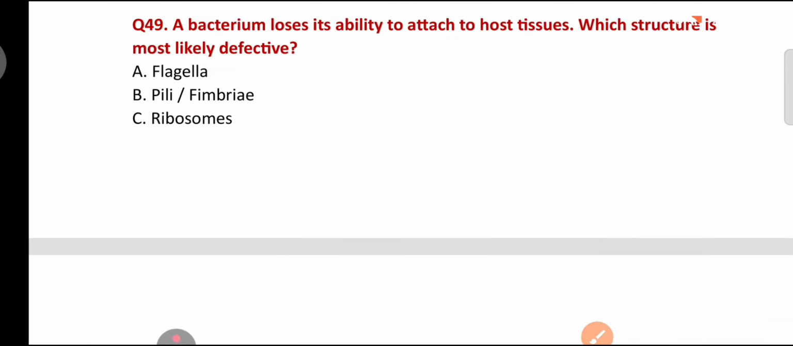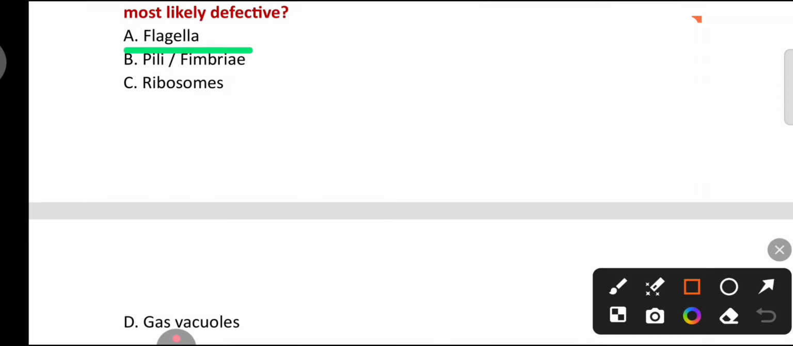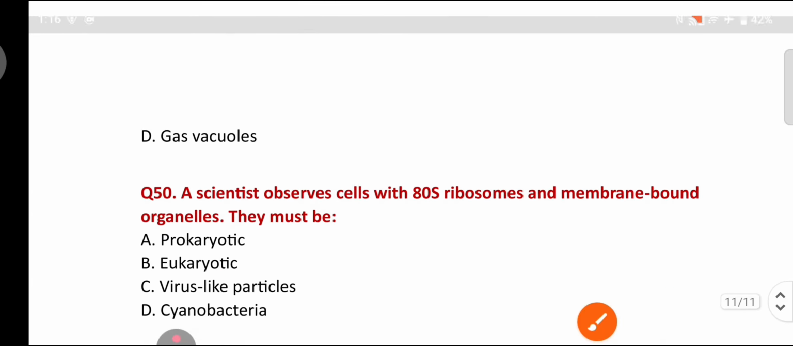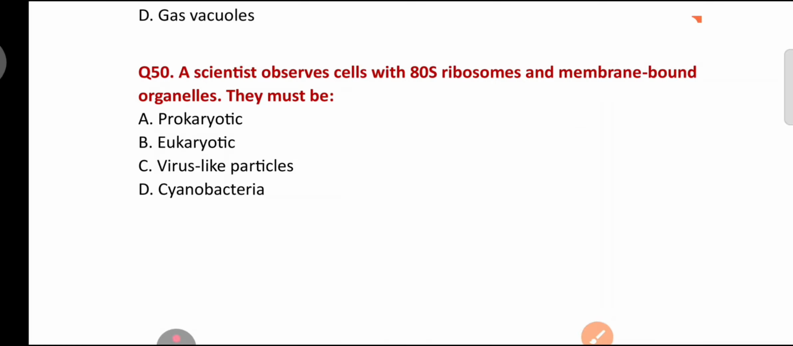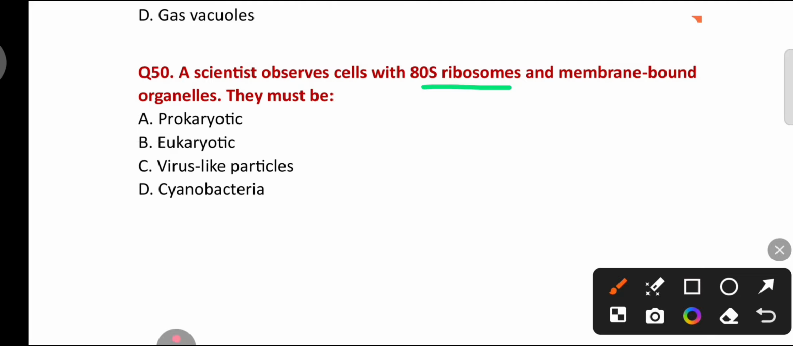A bacterium loses its ability to attach to host tissues. Which structure is most likely defective? Flagella, pili or fimbriae, ribosomes, gas vacuoles. Pili or fimbriae. These help in attachment of the bacterial cell. A scientist observed cells with 80S ribosomes, which is a characteristic of eukaryotes, and membrane-bound organelles. This is also characteristic of eukaryotes. They must be